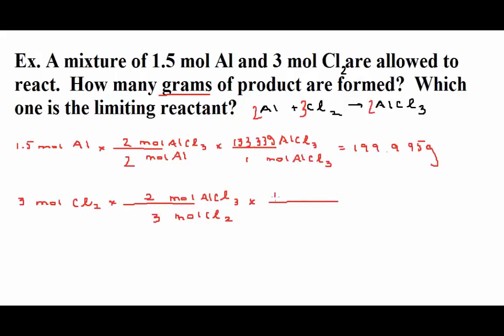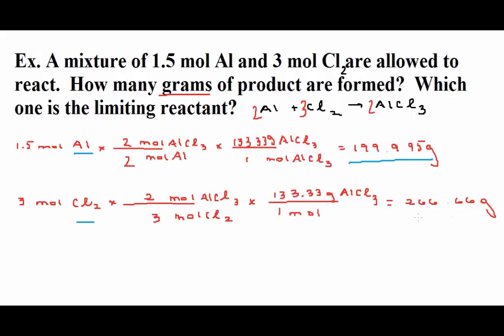It's the same as what I had above. And 1 mole. And so what I get for the mass of product that is formed from chlorine is 266.66 grams. So based on the s'more example, aluminum can only produce 199 grams before it runs out,